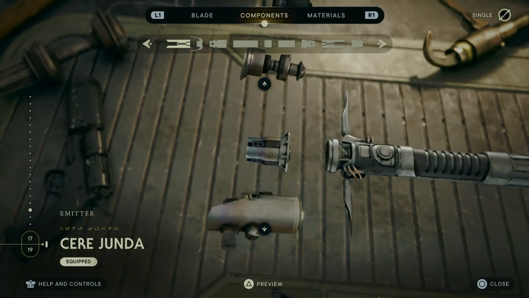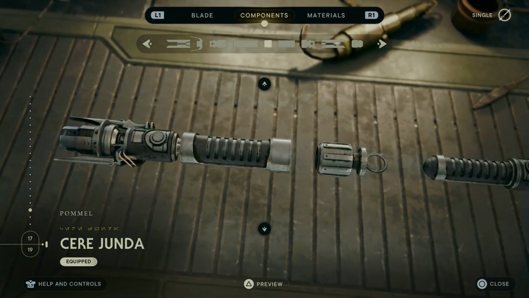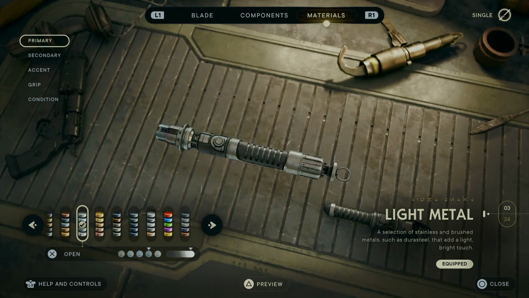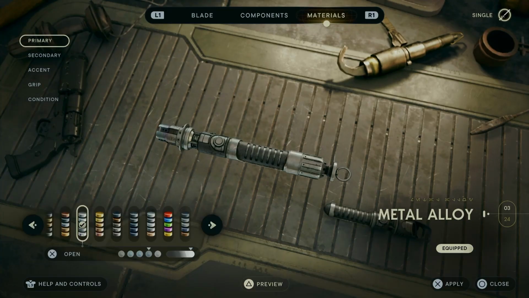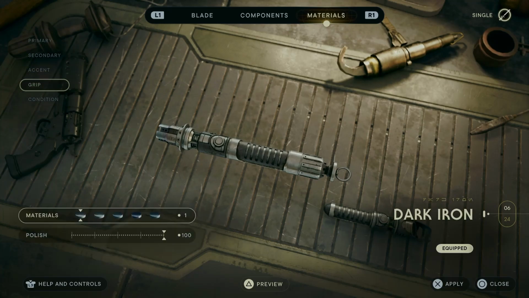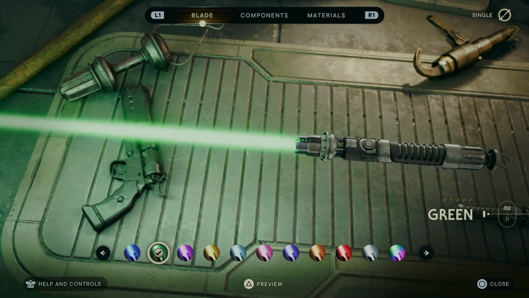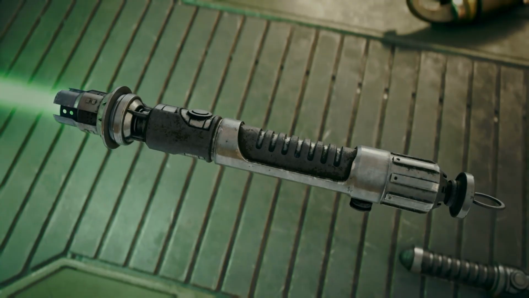So I started off with the Seer Junda Emitter, the Persistence Switch, the Hermit Grip, and the Seer Junda Pommel. For the materials, I went with a primary of Metal Alloy, a secondary of Dark Iron, accent of Metal Alloy, and a grip of Dark Iron. Then I had the condition at Aged, and I selected the green lightsaber blade to give us an Ezra inspired